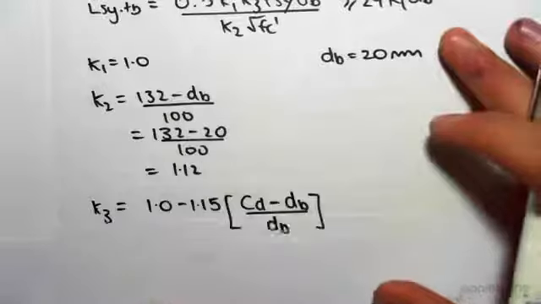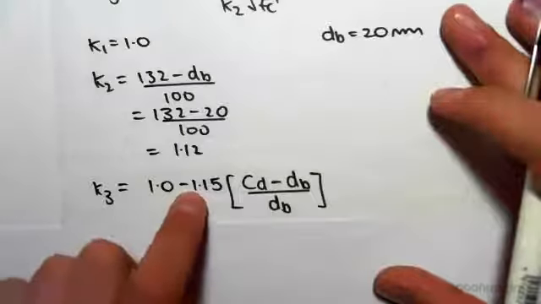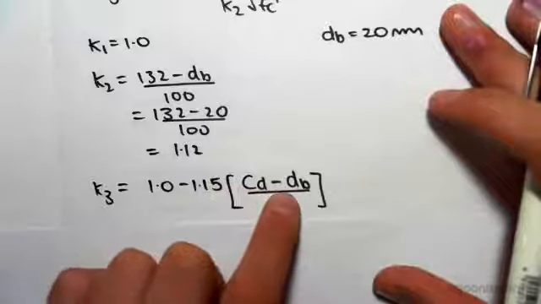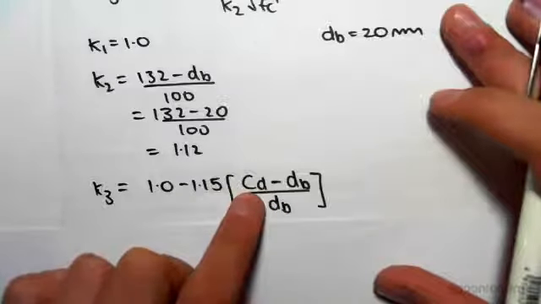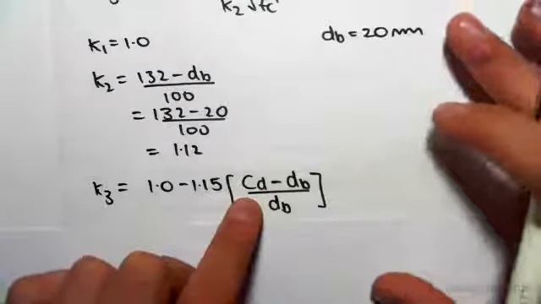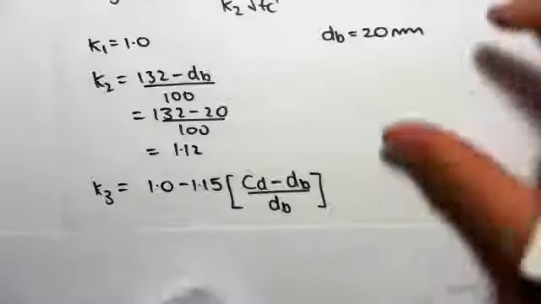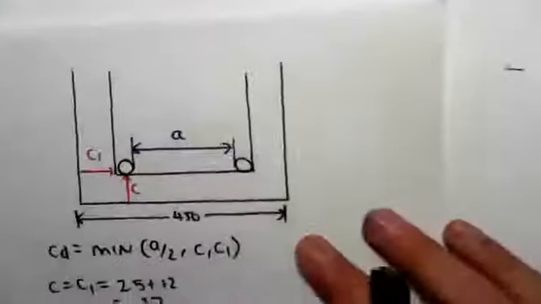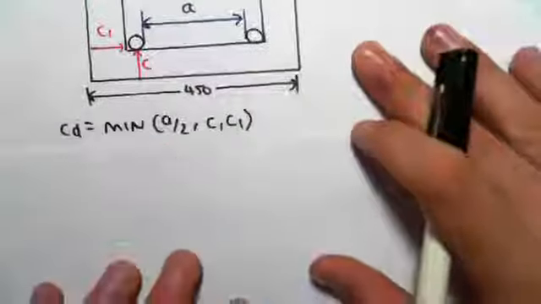The next thing we need to find is K3, which is 1 minus 1.15 outside of Cd minus Db on Db. Cd, you need to look at a figure. It tells you to look at a figure to find that. So I've drawn it for our problem. So Cd is the minimum distance of